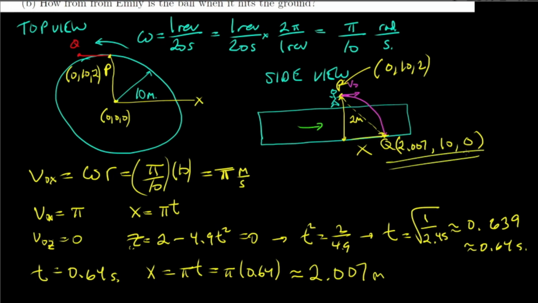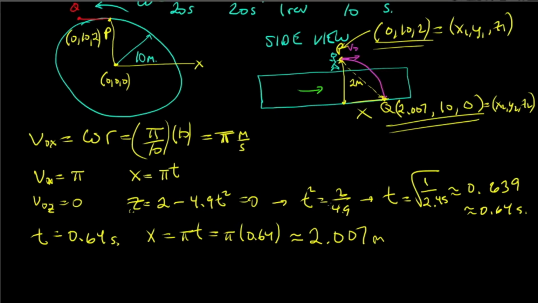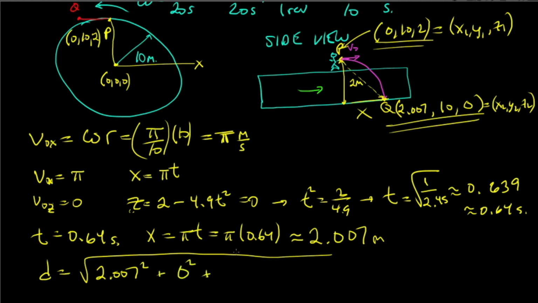Okay, so look, we're almost done. This is our x1, y1, z1. This is our x2, y2, z2. Find the distance between those 2 points. That's just the usual distance formula. So the difference in the x's is 2.007 squared, plus 10 minus 10 is 0 squared, plus 2 minus 0 squared. So this is approximately,